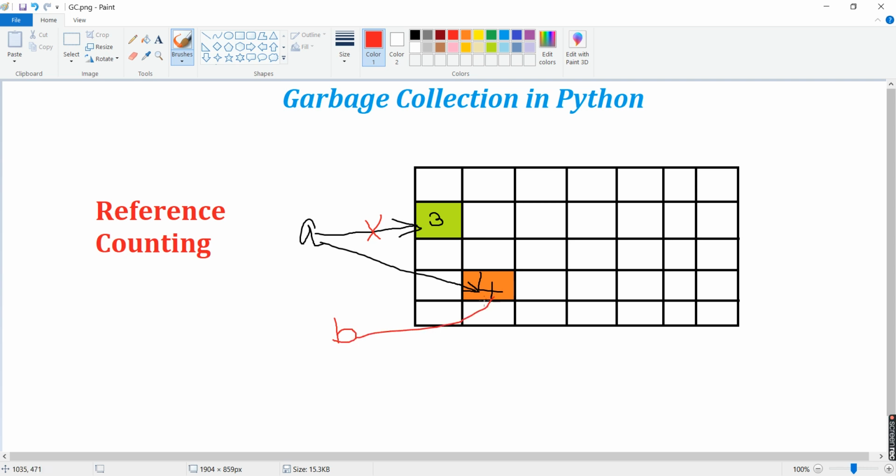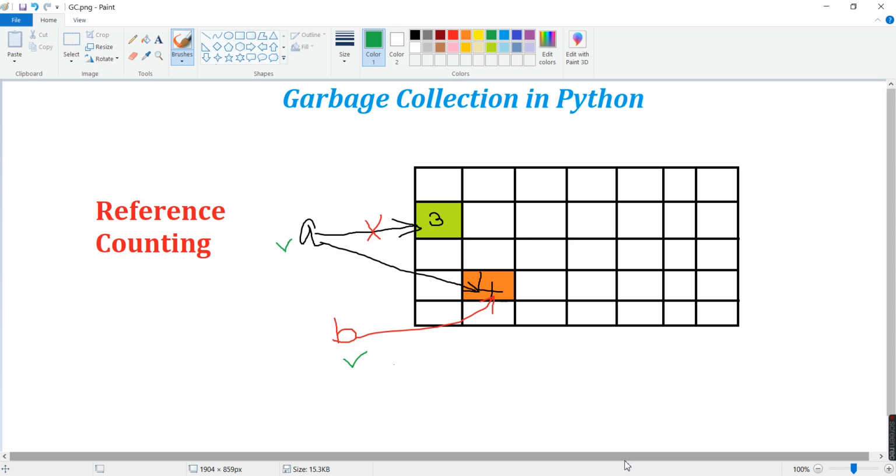But B cannot hold two memory locations at the same time. That is not possible. A memory location can be referenced by n number of variables. The vice versa is not true. So that is basically reference counting. You count how many references that particular memory address has.